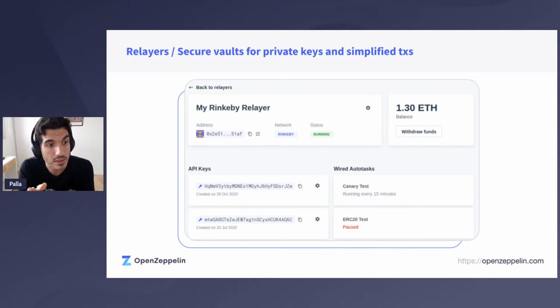Another component we have is Defender Relayers. Relayers are basically a platform for simplifying the process of sending transactions, also securing private keys. Each Defender Relayer is powered by a private key stored on a key vault that only your team, only this relayer, will have access to. So you know that all operations you send from a Defender Relayer are going to be sent from the same account. And Relayers also provide a simplified API for sending transactions, which manages for you transaction nonces, gas prices, resubmissions,